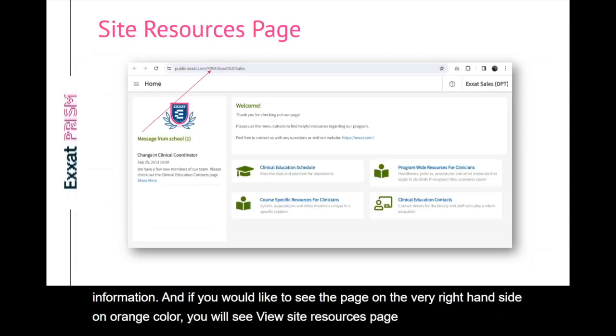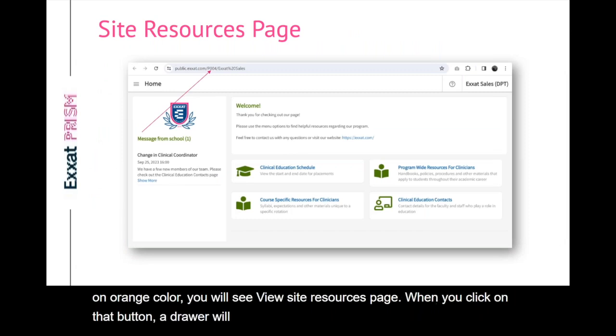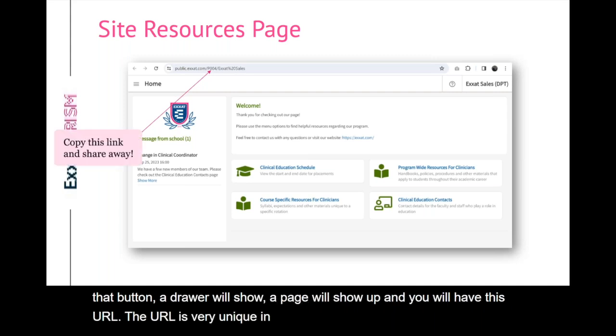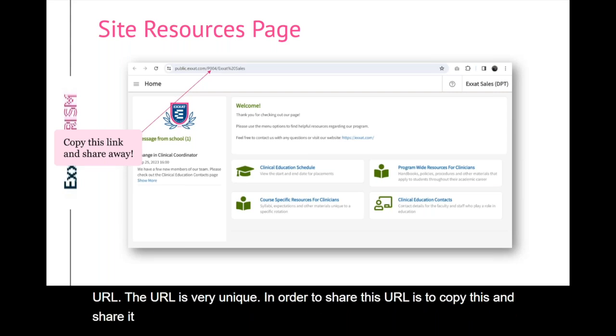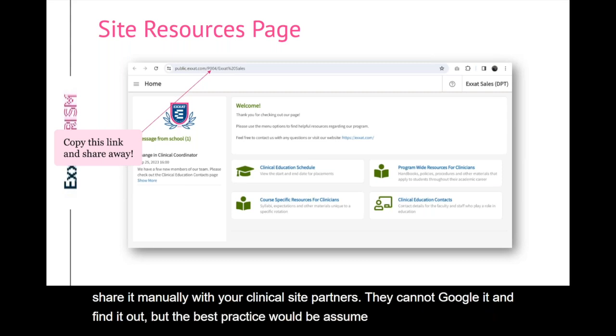When you click on that button, a page will show up, and you will have this URL. The URL is very unique. To share this URL, copy it and share it manually with your clinical site partners. They cannot Google it and find it, but the best practice would be, assume a scenario where you're sending